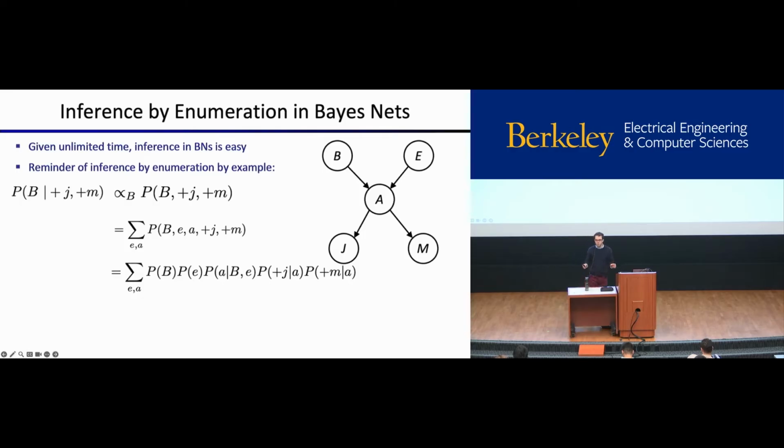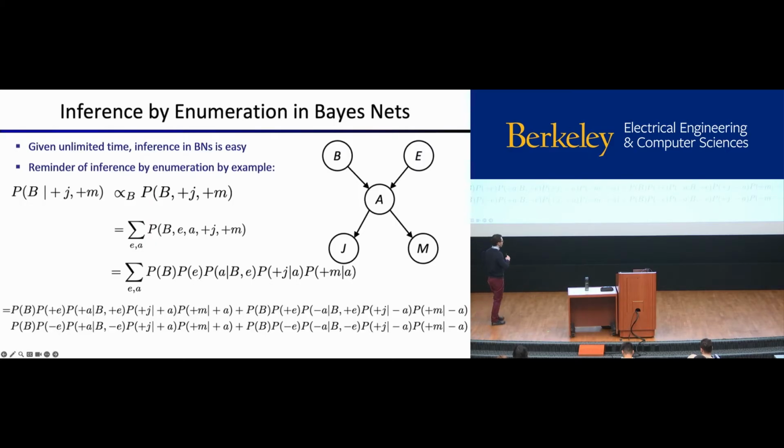Right? So we can always split this up if we just assume that our Bayes net encodes the right conditional independence assumptions. And now we have this big multiplication here. And that's starting to look scary because there are lots of terms and this big summation on the outside over 2 variables. But there's no need to be scared because all we have to do is split it up.